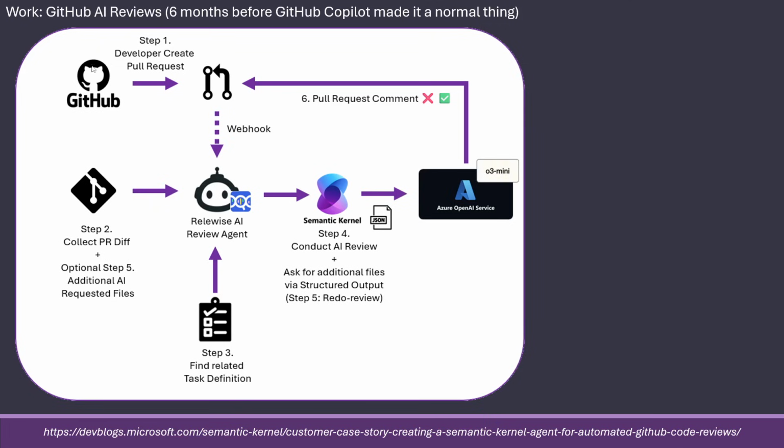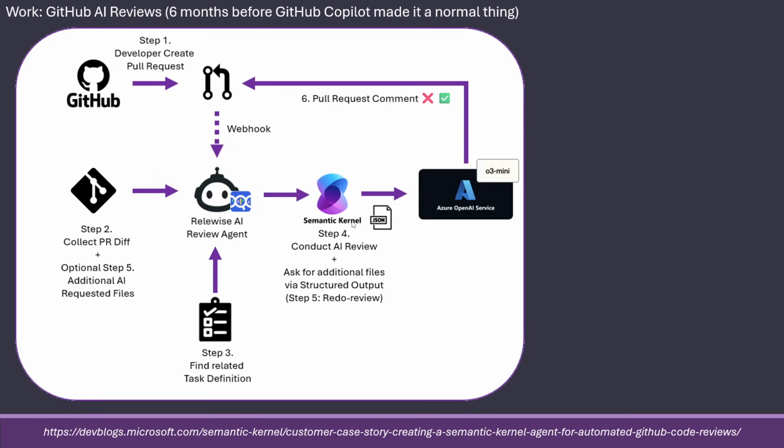And what happens is that in GitHub, when someone makes a pull request, the webhook is triggered, and my code, which I will show, or is shown in here, and I have a small highlight of it, is triggered. It goes in, gets the PR diff and additional data if we have any. It goes down and gets the task related to this, in our case a Trello card that is linked to the pull request. It goes in and does the review using structured output.